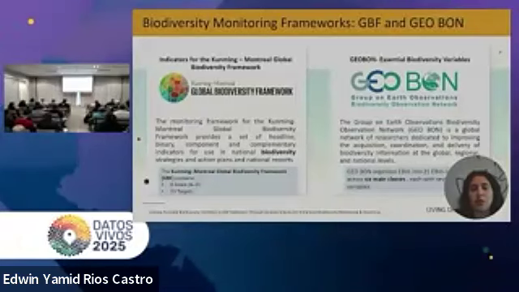Specifically, it contains 4 goals and 23 targets. GEO BON is a global network of researchers that coordinates the collection and delivery of biodiversity information at multiple scales. GEO BON proposed 21 essential biodiversity variable candidates across 6 different classes.